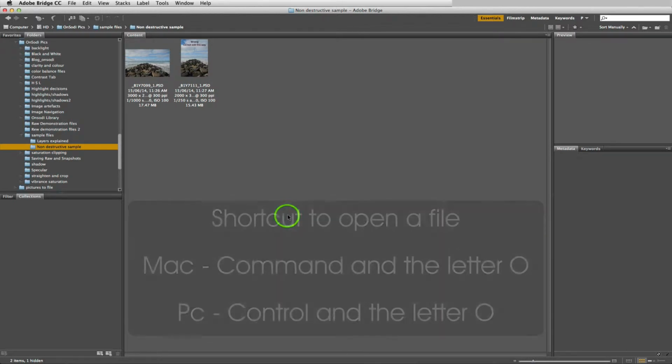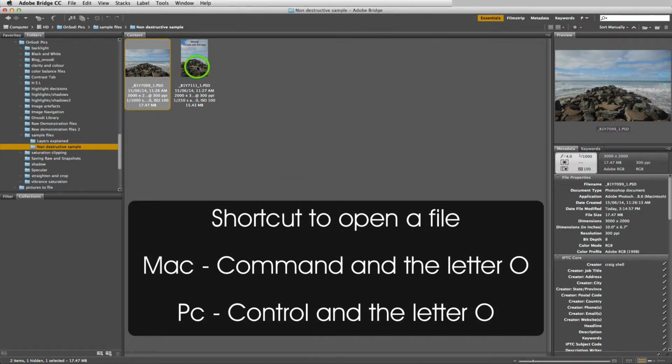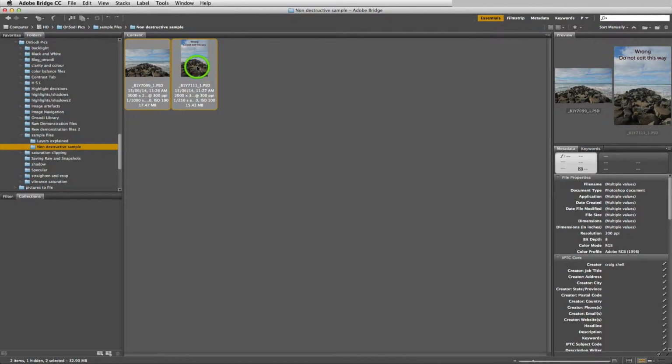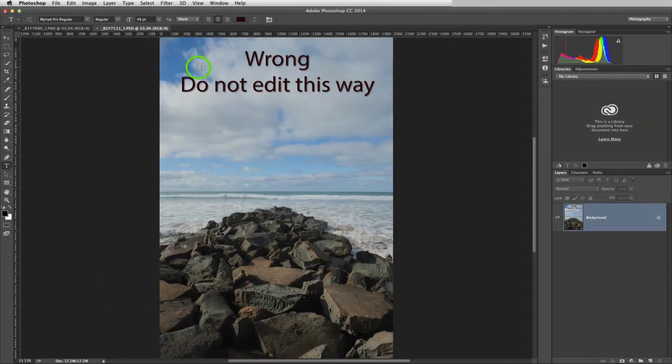I will shift-click to select the two files, and then use the keyboard shortcut of Command, Control on a PC, and the letter O, to open both of these files into Photoshop. I am going to give you a demonstration on editing in a destructive fashion first, and then after that, editing in a non-destructive fashion. This here is my destructive editing file, and you can see I have added some text to the top of the file